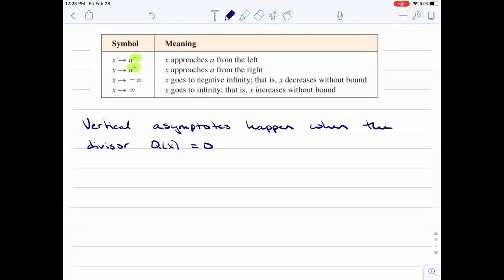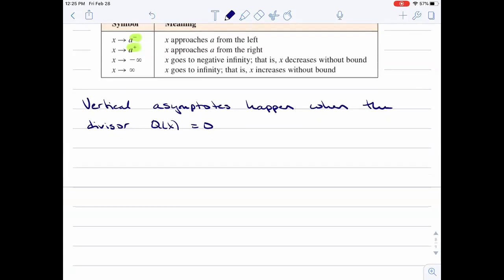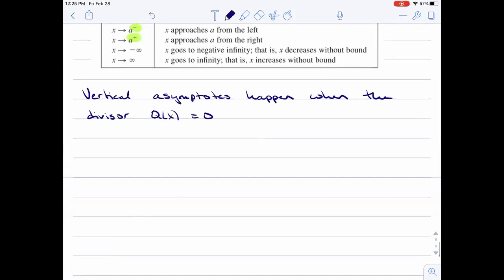So tying that back to what we were just talking about with factoring and zeros and all that kind of stuff, we can say that